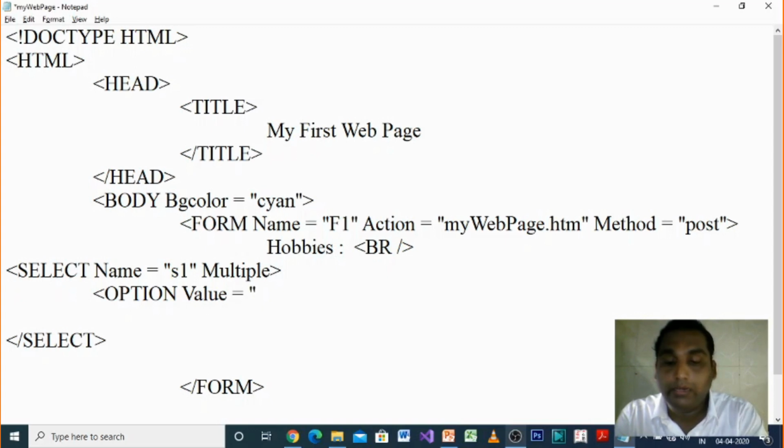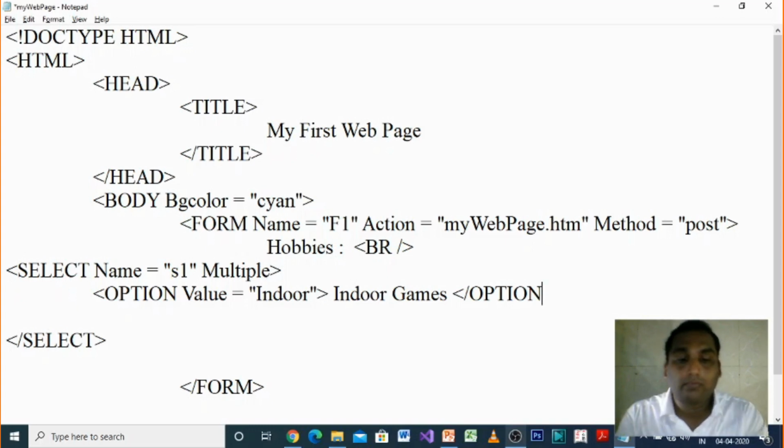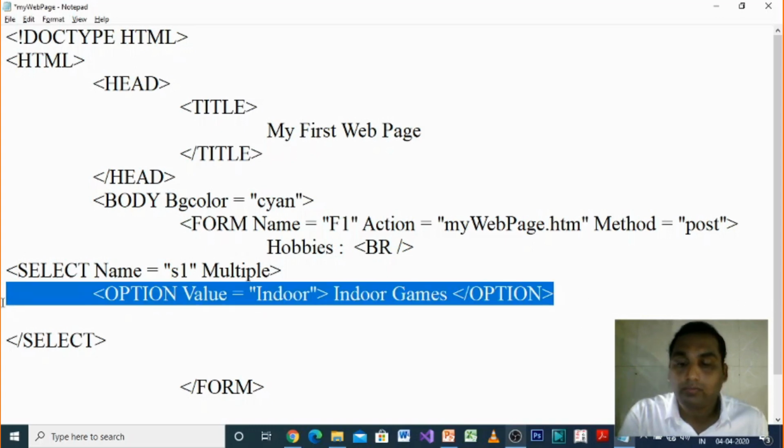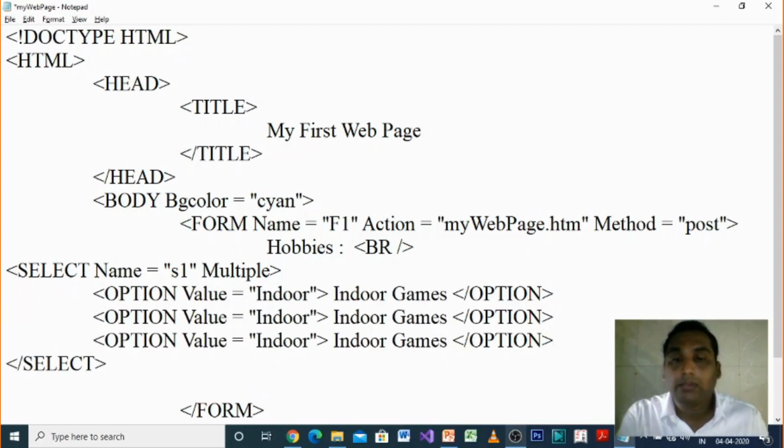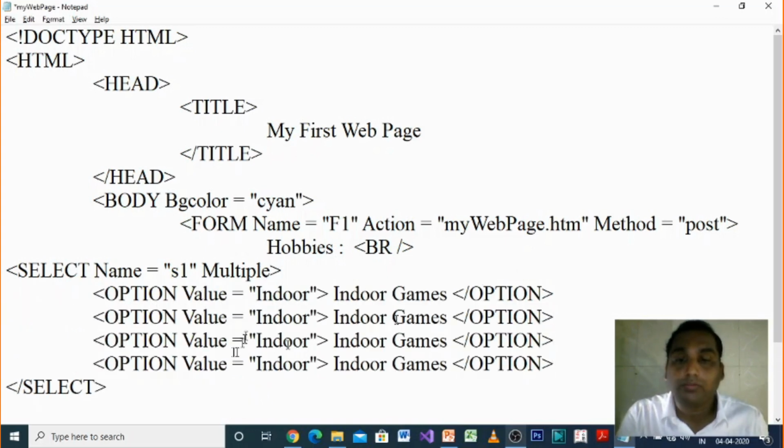I write an indoor option. The number of options you want, those many option tags you have to write. Now let me have 4 options: indoor, outdoor,